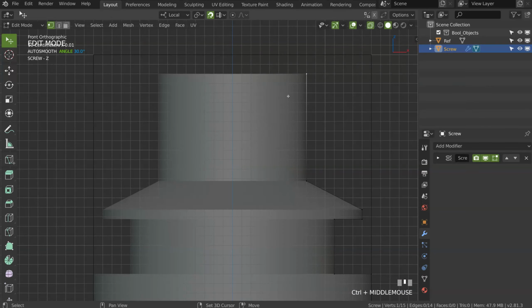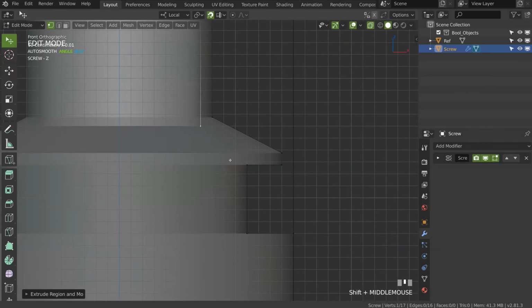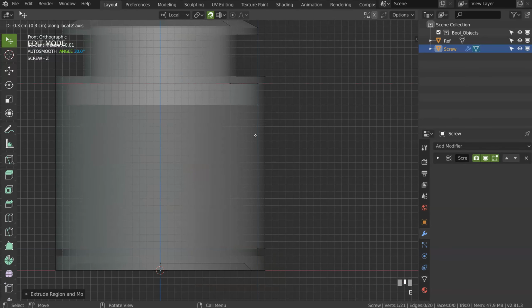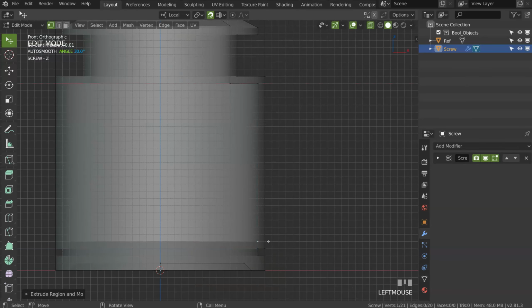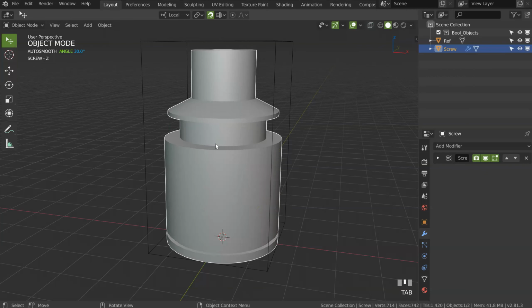Go in front view. Now I will extrude again, E. I will continue like that. I will press E. Yes, like that should be correct. Like that. Like that, and I will do this, and voila, my bad, come here, and that's it. So, this is what we have so far.